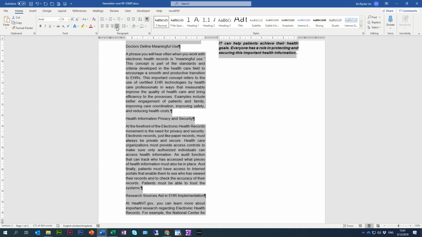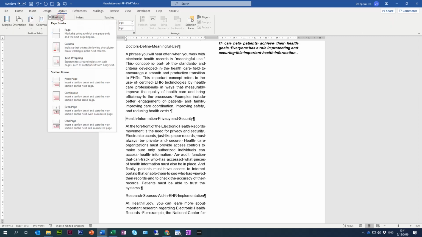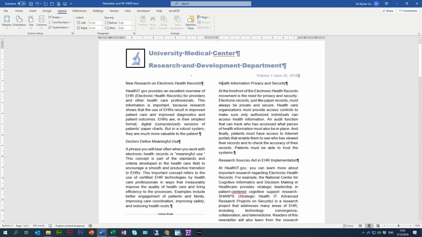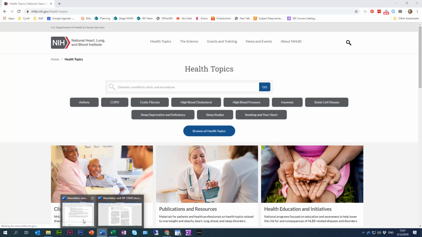Insert a column break before the subheading Health Information Privacy. I click before the subheading, again go to Layout, to Breaks, and I insert a column break, which moves all the text from there on to the second column. Start your web browser and then navigate to this website. I already did this. This is the website. And then in your document,